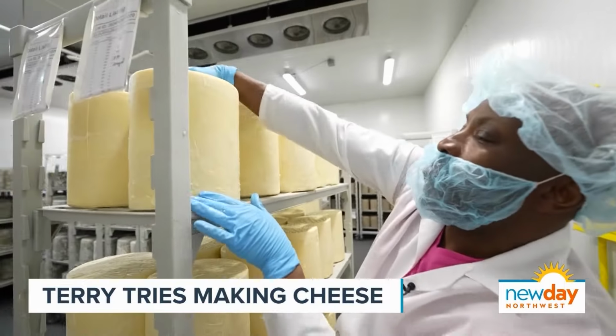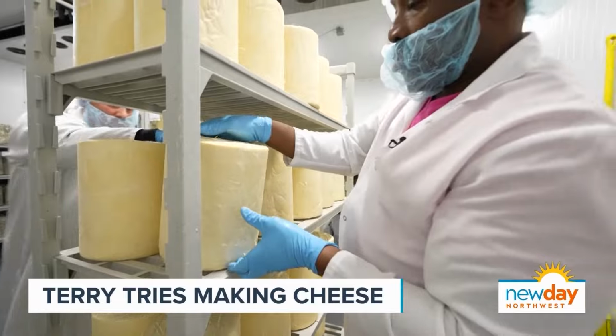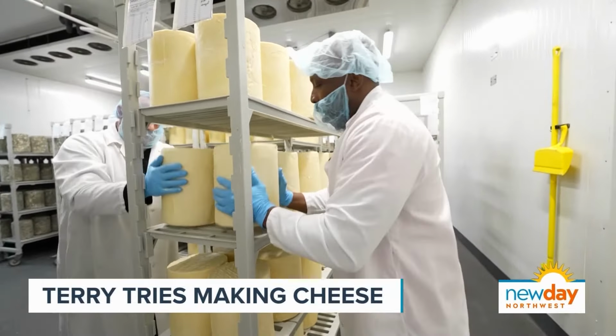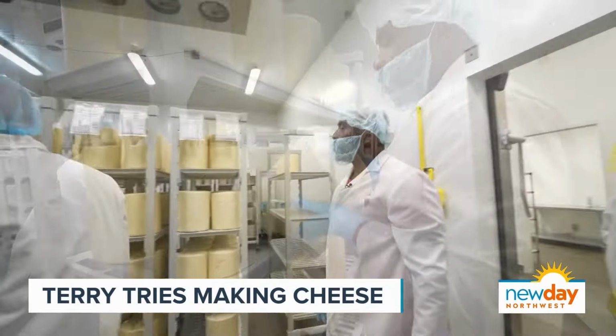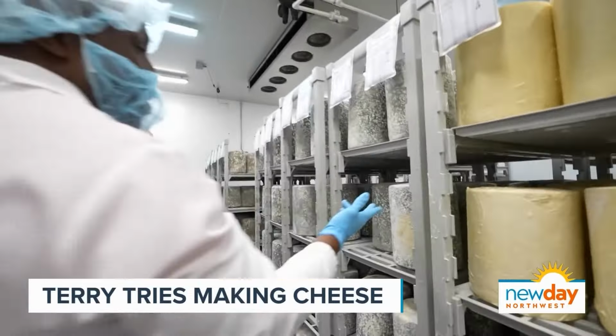What is the purpose of me flipping cheese right now? Well, I think it's to make sure that they don't warp and to keep the moisture going out evenly. Okay. And then we can come down here and I can show you. So these have obviously been here